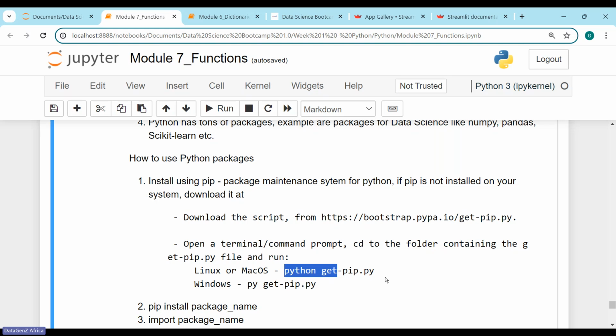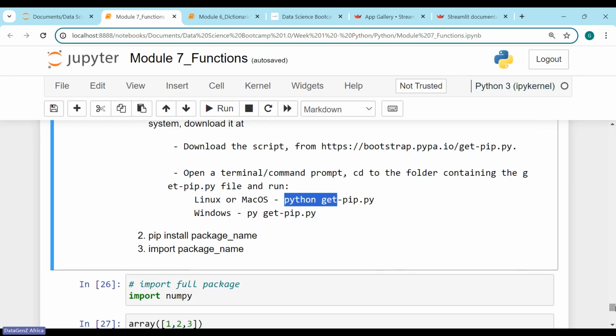Pip is a package management system for the installation of any Python package. So usually when you want to install any package, you use pip install and the name of the package, which you'll see when I install the Streamlit package soon. First you have to install the package. After installing it, that's when you can now use that package. For example,